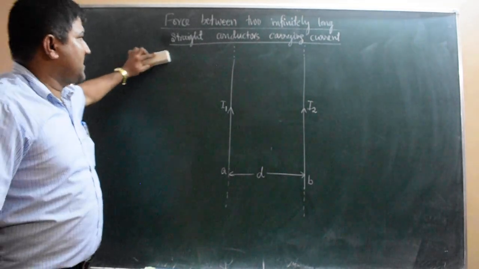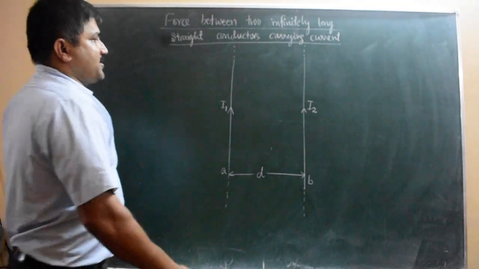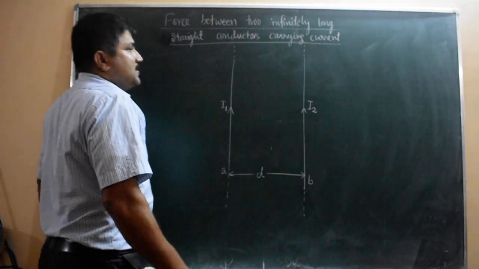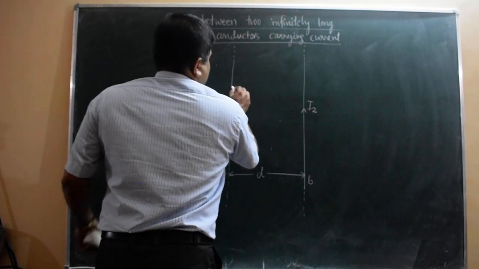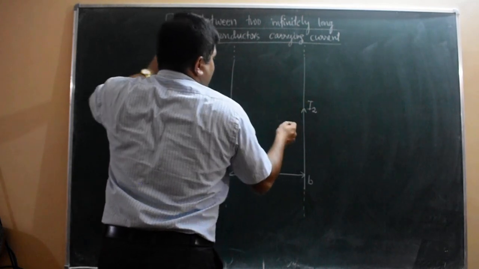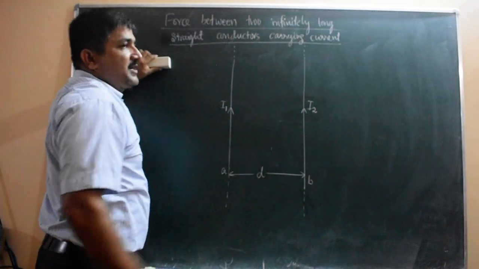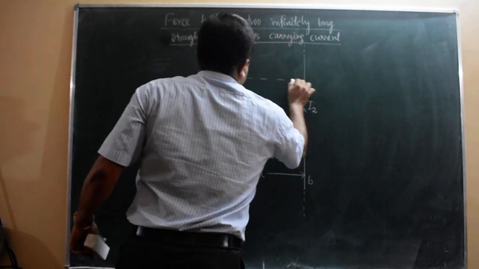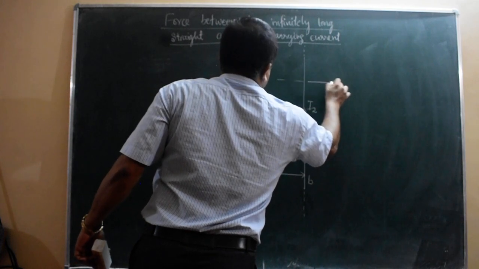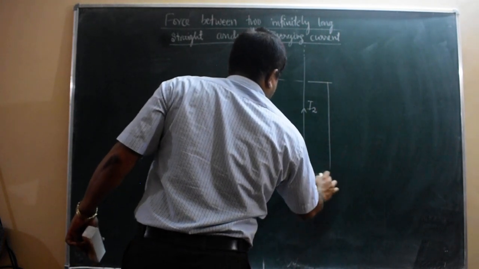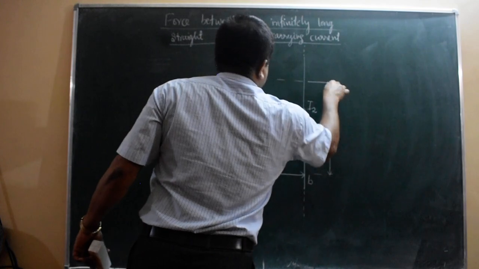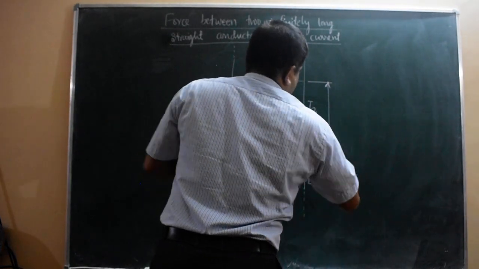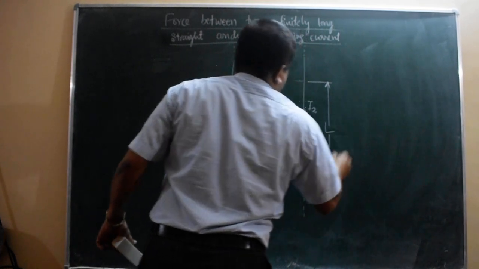We can find out how they attract, why they attract. Okay, so now this current I1 produces a certain magnetic field here. So I will show that magnetic field. Okay, so this is the portion. The conductor is infinitely long actually, but I will take a finite length of it, this much. Say the length is L. L is the length of the small portion of these two conductors. Both have the same length, I will take.